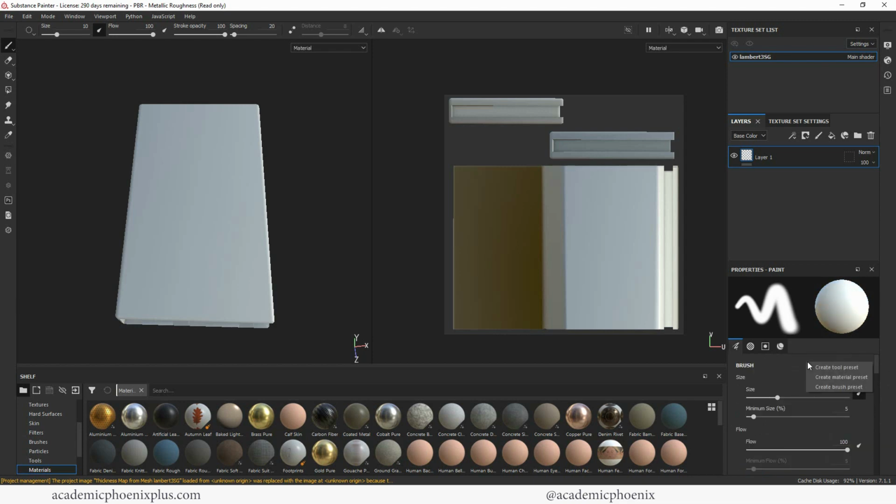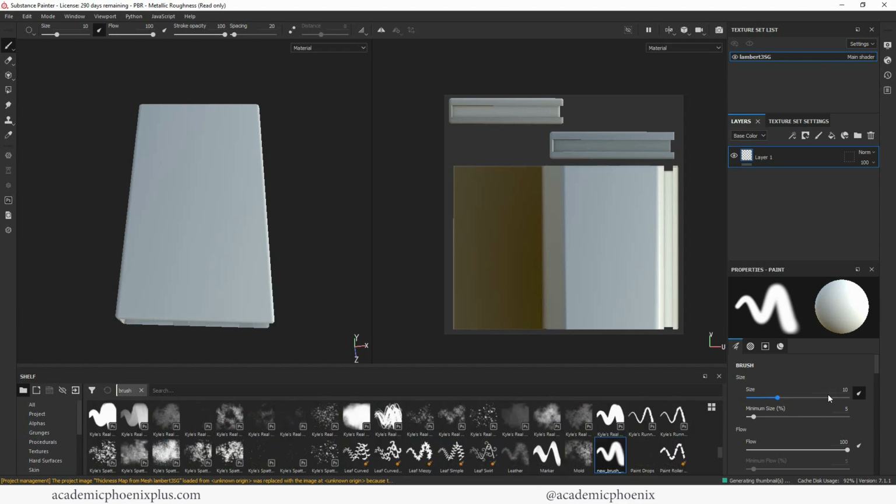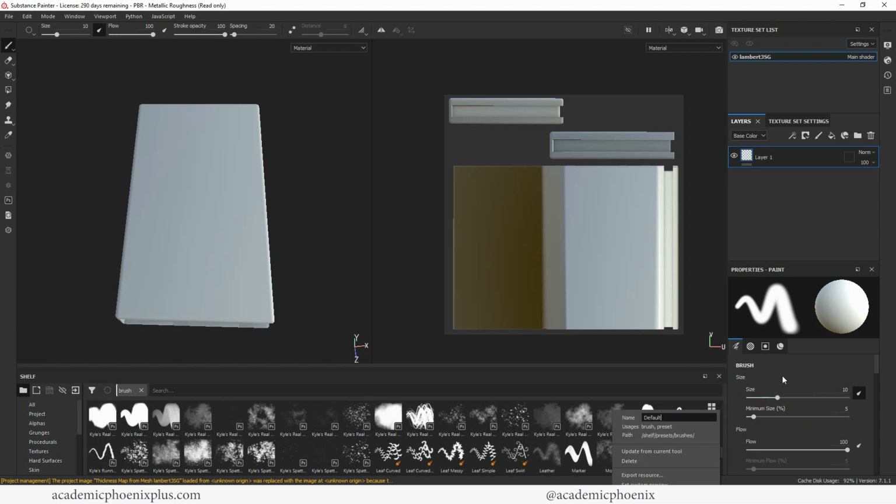Now what I'm going to do is right click on this, and I am going to create a brush preset. In case I change any of these attributes, I don't have to memorize all the attributes. So here it is, and I'm going to call this default. This is going to help because there's a lot of brushes out there, so this will help me keep my brushes organized. And scroll down